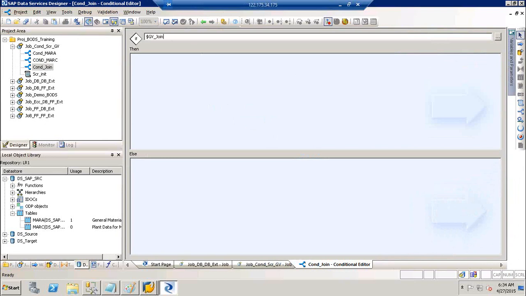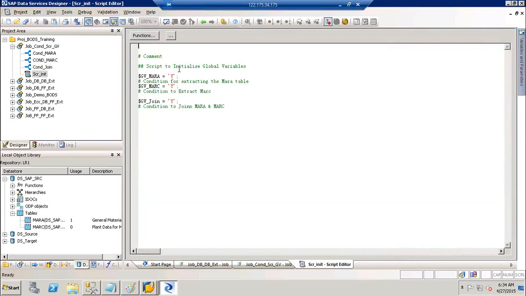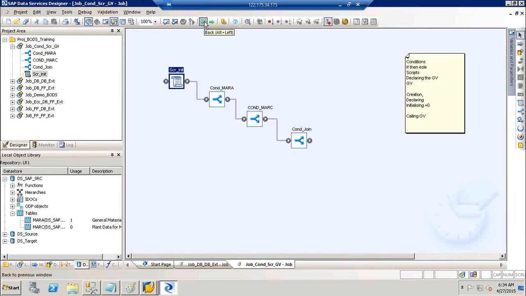$GV_John. So different types of global variables that we have, we use for defining the inbound directory path, outbound directory path, dates, timestamps, file names. So you can use these global variables for various purposes, right? As you proceed, wherever you feel that you can use a global variable, use that, because the reason why we